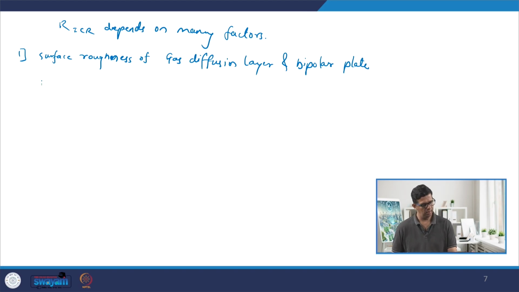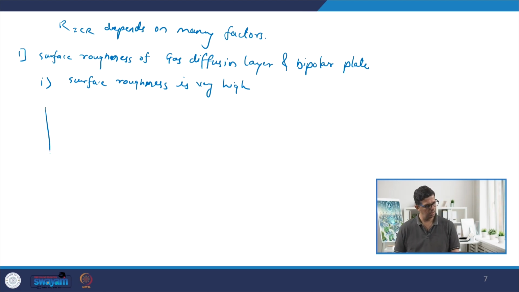Let me take the first case when the surface roughness is very high. So, if you look at this GDL and bipolar plate interaction,